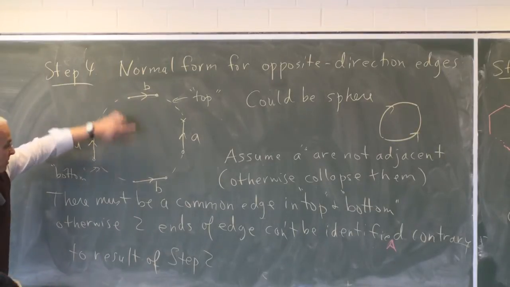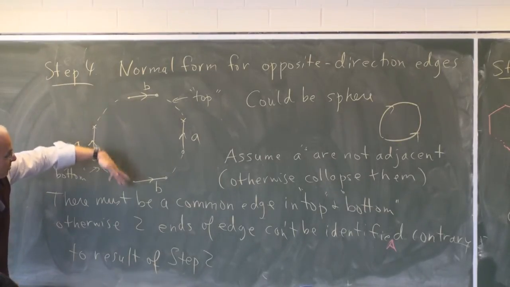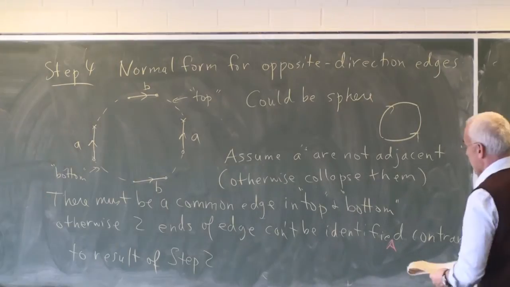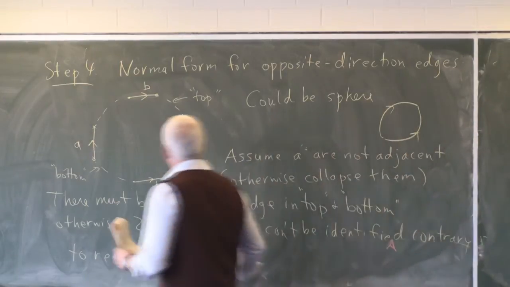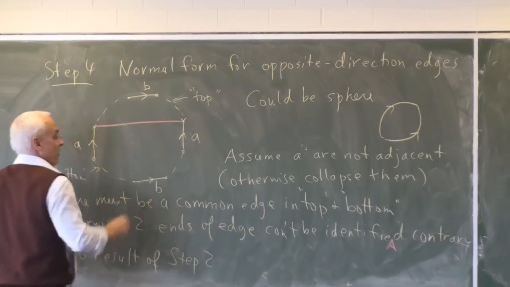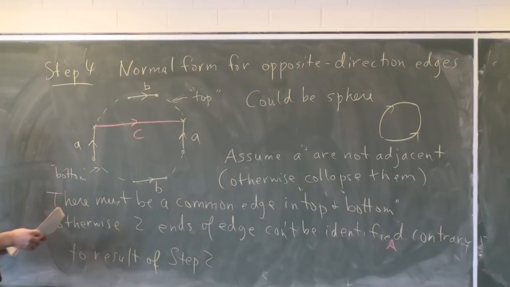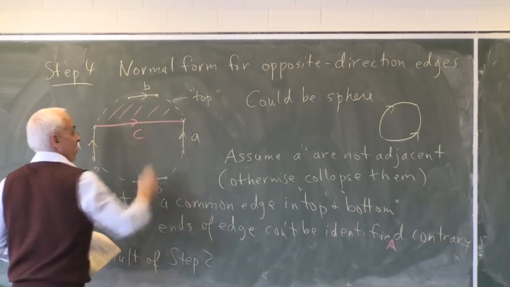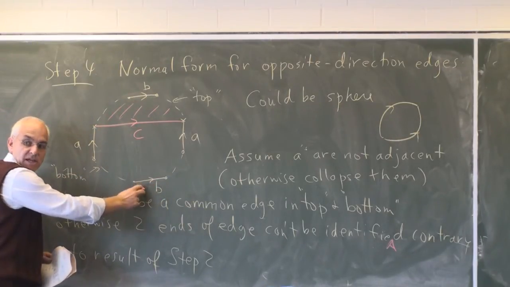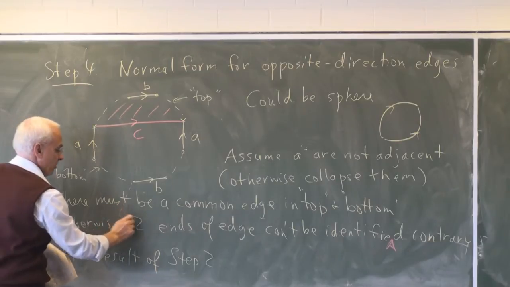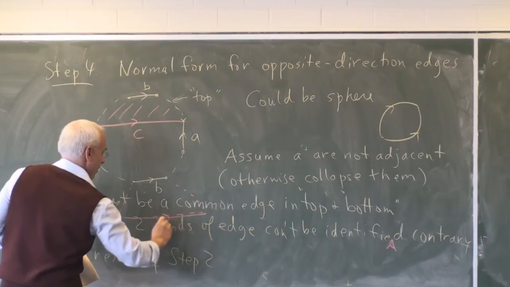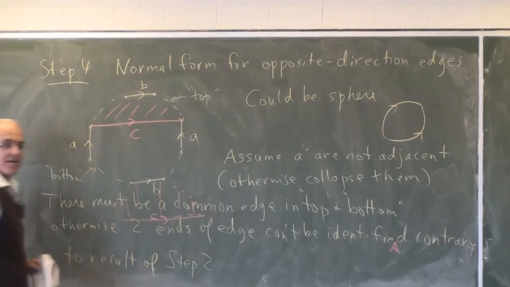All right, so suppose the common edge, the edge which is both in the top and the bottom, is B, like this one here. What are we going to do? Well, we're going to cut along here. We're going to just cut along the top of the A's. There's a new edge, let's call it C. And now we're going to take this piece here, and we're going to glue it to the free edge B down here. So overlapping a little bit with my diagram, we're going to move it down there.